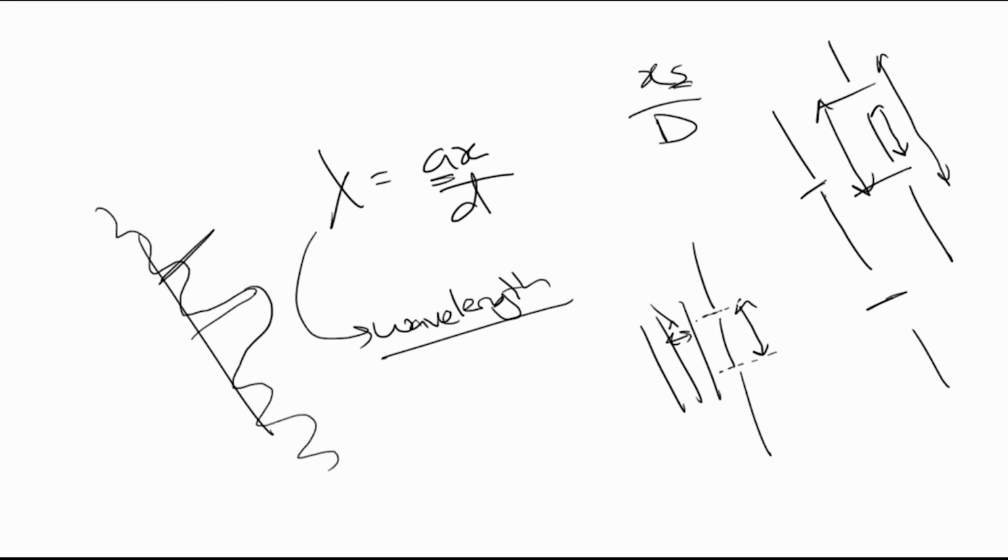So the distance from one maxima to the next is basically x, right? So this is x. You can think of this to this is also x. Minimas to minimas is also x. Yes, correct. Usually we consider x to be from one maximum to the next, and usually we take it from